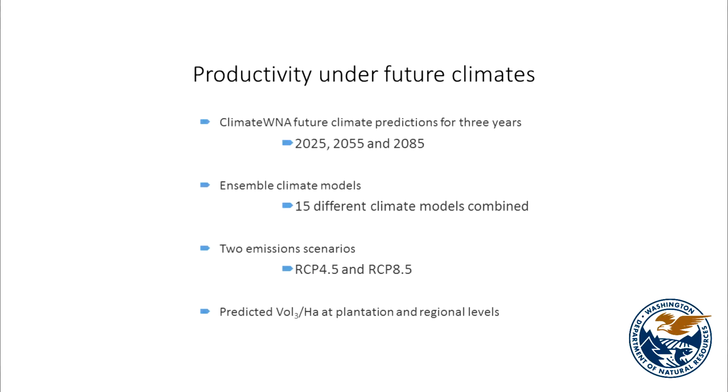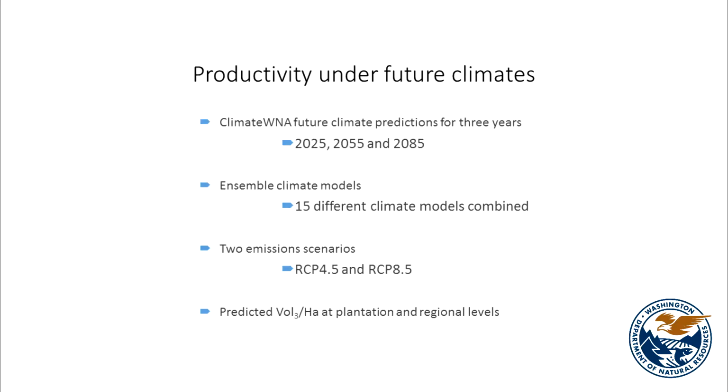So we decided to look at 3 different future climate periods, and Climate WNA allows us to look at 3 periods: 2025, 2055, and 2085. And these use 15 different climate models combined. The folks up at University of Alberta made an ensemble of all these climate models, so you don't have to get into which climate model or which general circulation model you are using. It was just an ensemble, a mean of all of these,